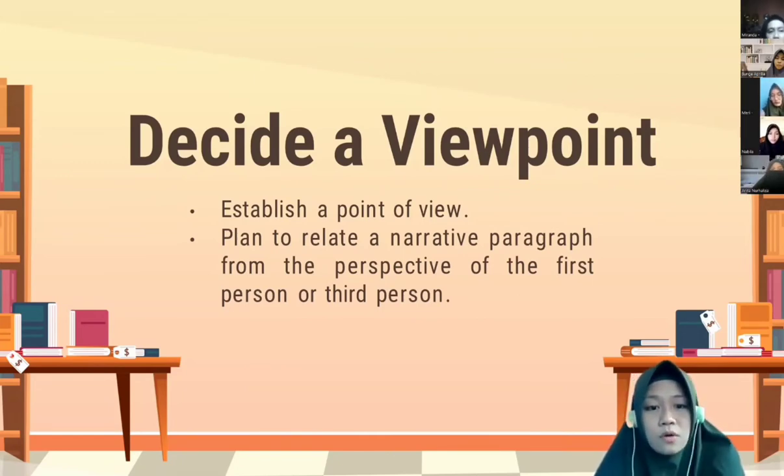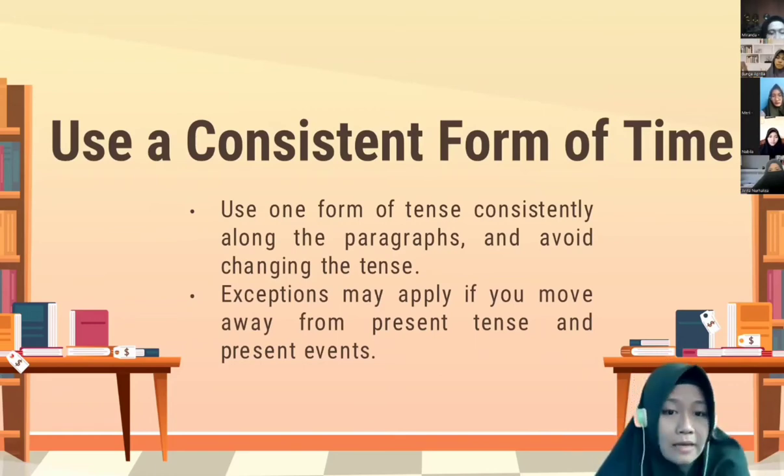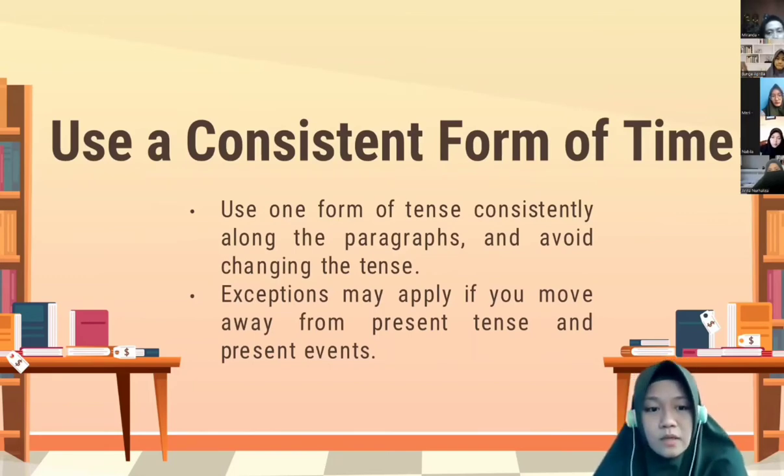And then also you use a consistent form of time. So writing the next good, exciting narrative is by using a consistent form of time. When you write the narrative, make sure you only use one form of tense consistently along the paragraphs and avoid changing the tense. Exceptions may apply if you move away from present tense and present events. And then the third,